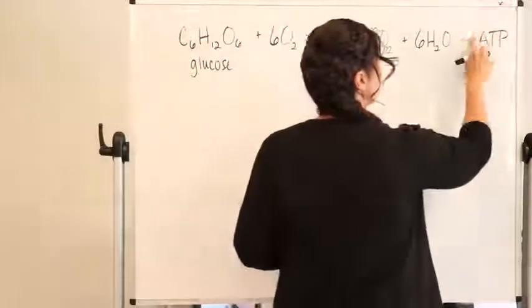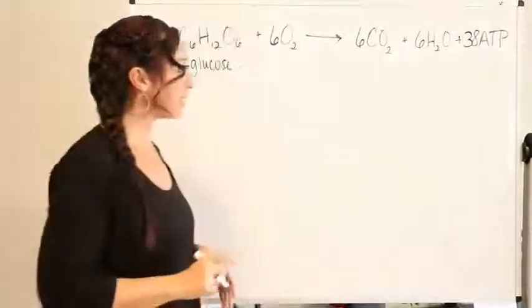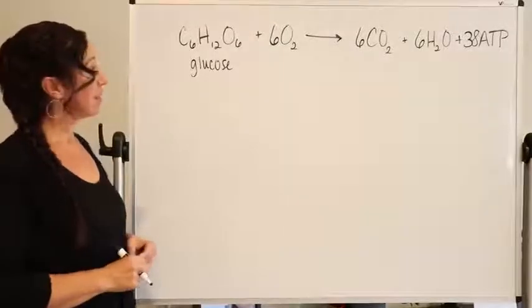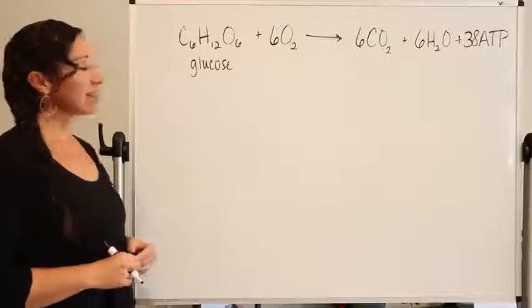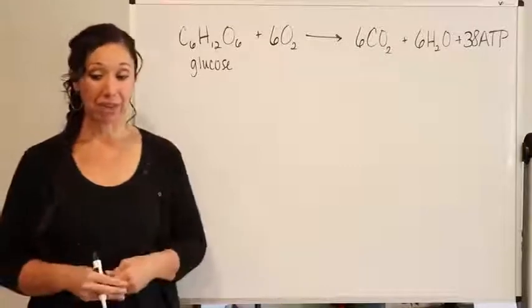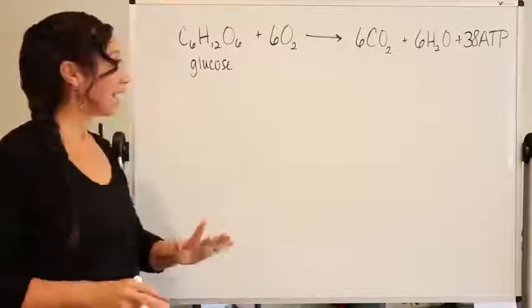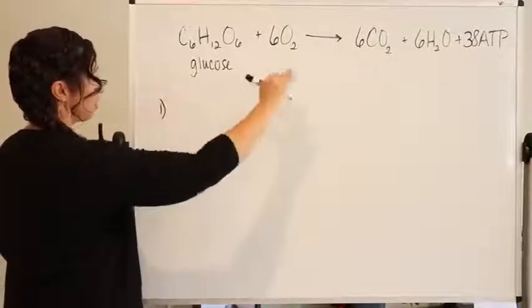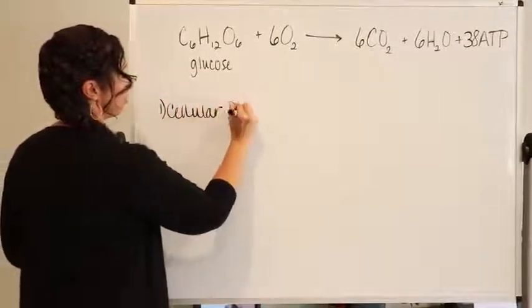So we could be promising, and we'll say 38. How's that sound? Because the way we describe it, at the end of the day, you're going to get 38 ATPs. What's happening here with this reaction is that this is something called a redox reaction. So number 1 under this whole entire thing, so this would be this whole cellular respiration. The cellular respiration reaction